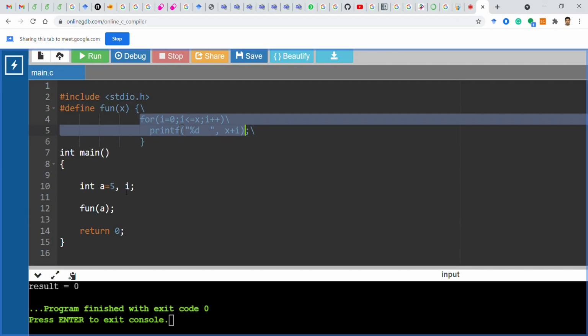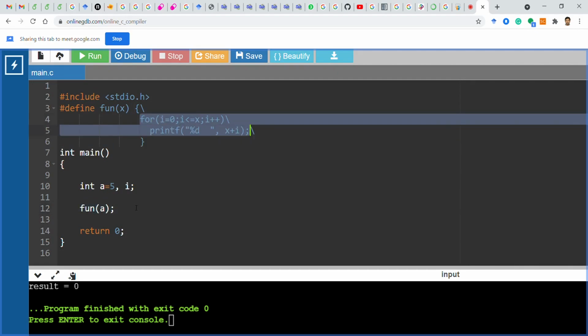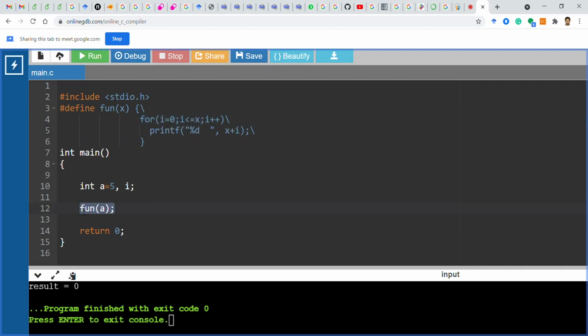You see, in the main program, I have defined A as 5 and here I have declared fun(A). Since fun(X) is the same type as fun(A), what will the compiler do? The compiler will place the structure of this program over here in place of fun(A).